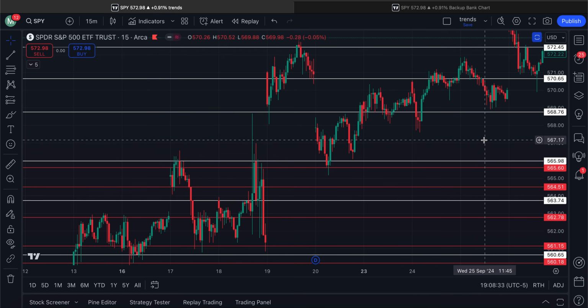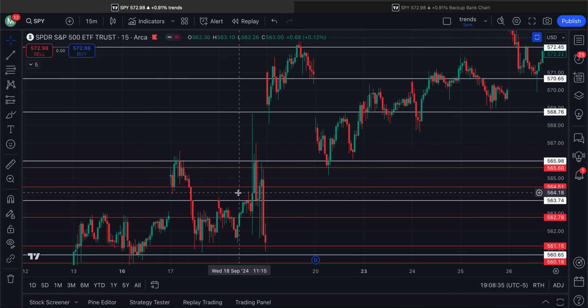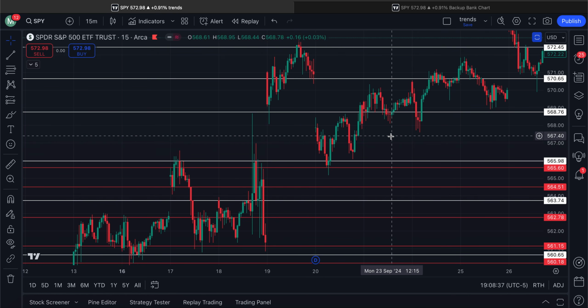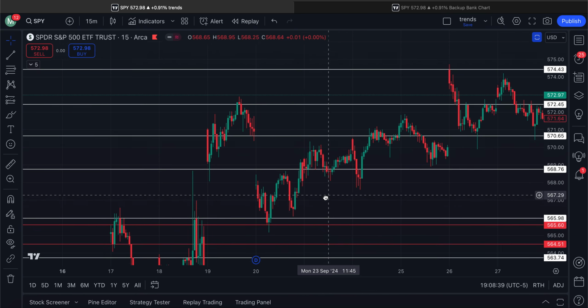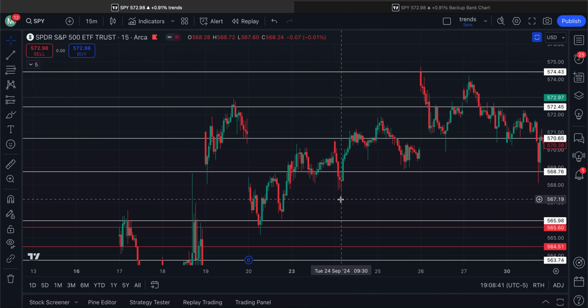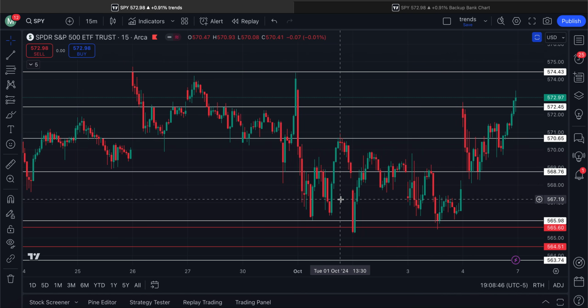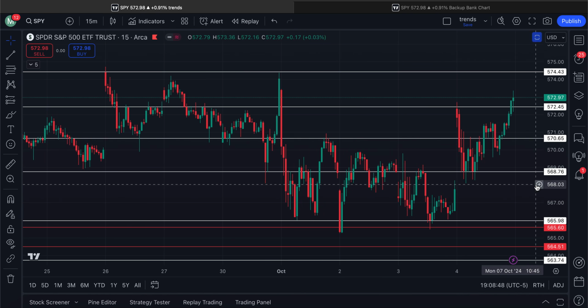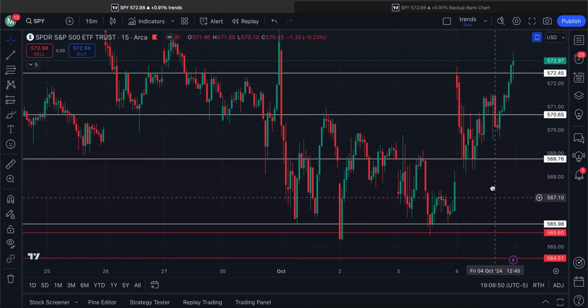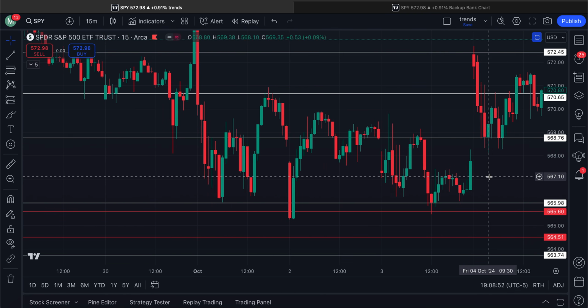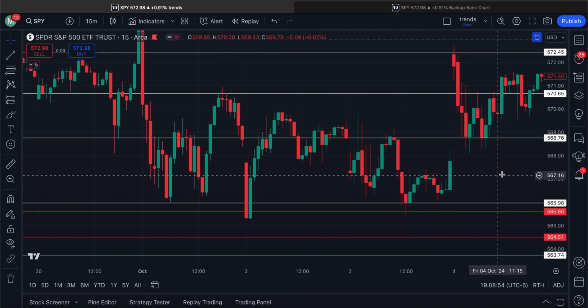Some zones are just going to be a little bit smaller than other zones, so keep that in mind when you guys drop levels by yourself. 565.98 till